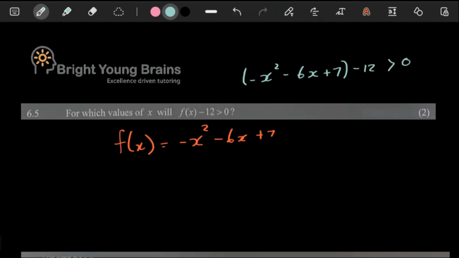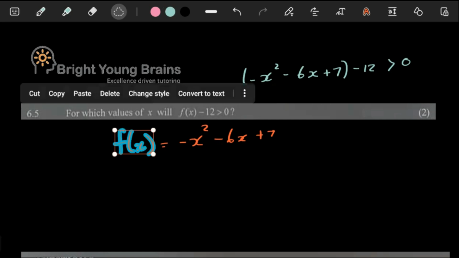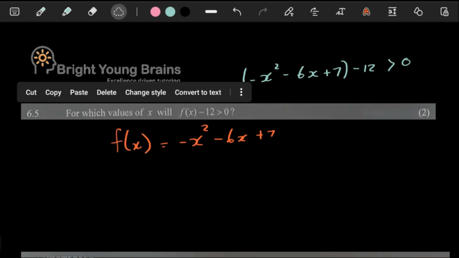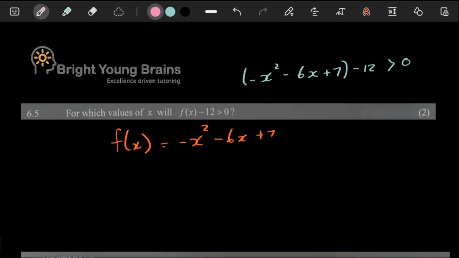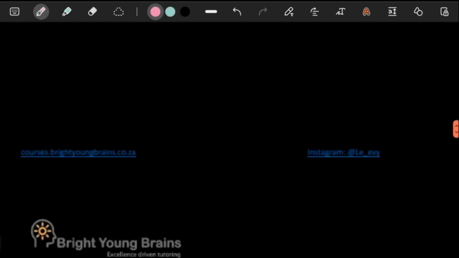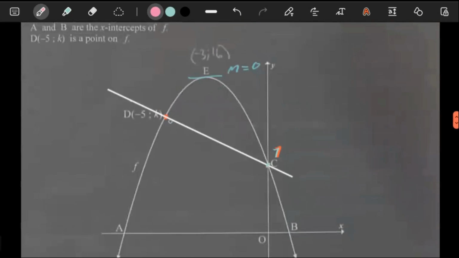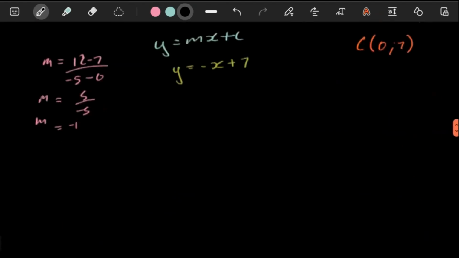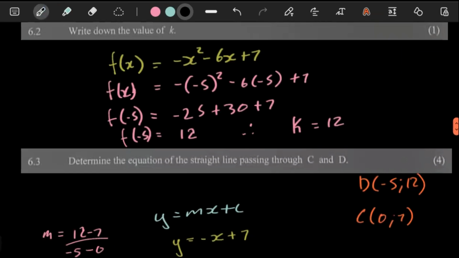Okay, so this is quite interesting, but the easiest thing you can do for yourself here is remember the question. The question is asking for where f of x minus 12 is bigger than 0. But the fortunate thing is, if you move the 12 to the other side, you can see that this question is just asking us, where is the graph of f of x above 12? Now, the good news is, we already know where this graph is equal to 12. Remember, the y value of k? The value of k is 12, right? Where's k? There. So all these questions are locally connected, one to the other. So since we know that,